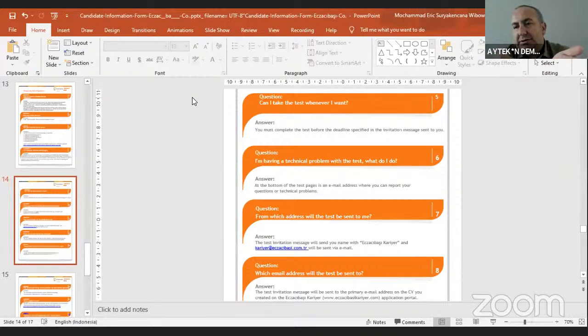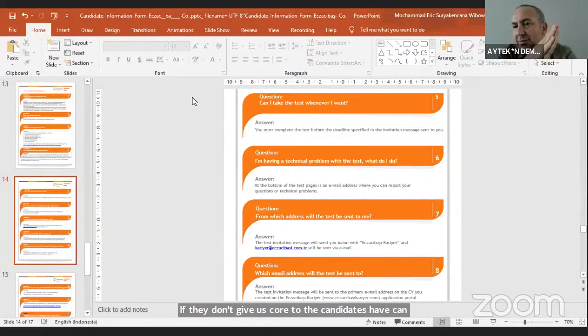If they don't give a score to the candidates, how can they select between them by their scores, their success? So of course there is scoring,